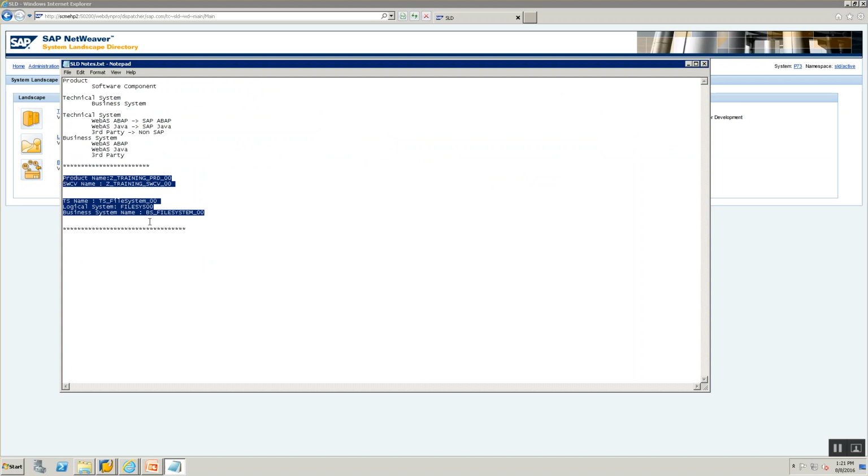You might ask, why did we do all this? Do not worry, this is going to lead us to the next section, where we are now going to talk about how the enterprise service repository is going to be used, how the ESR is going to use these objects, and how we are going to start doing the development of our first interface.